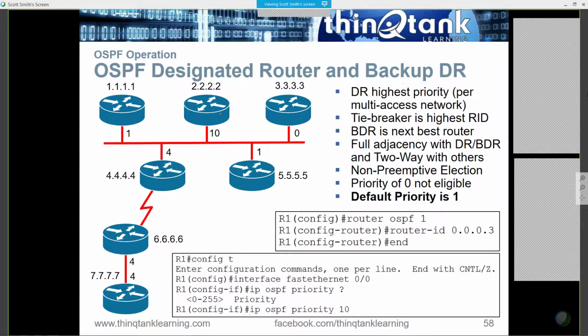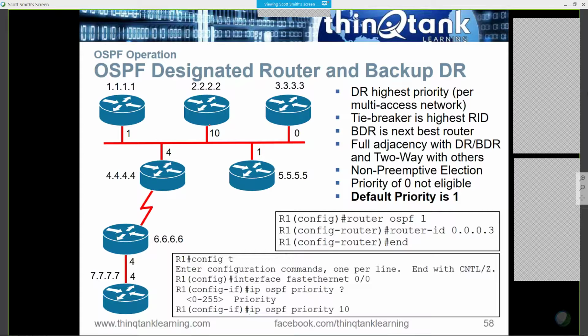You follow me? So we don't really care who becomes the DR. Because in order to ensure that a particular router becomes a DR, you pretty much have to zero out all these other routers. Because if you have a priority of 0, you can't become the DR. To ensure that this router becomes the DR. The problem with that is if all these other guys are zeroed out and router 2 fails, then I don't have a BDR,